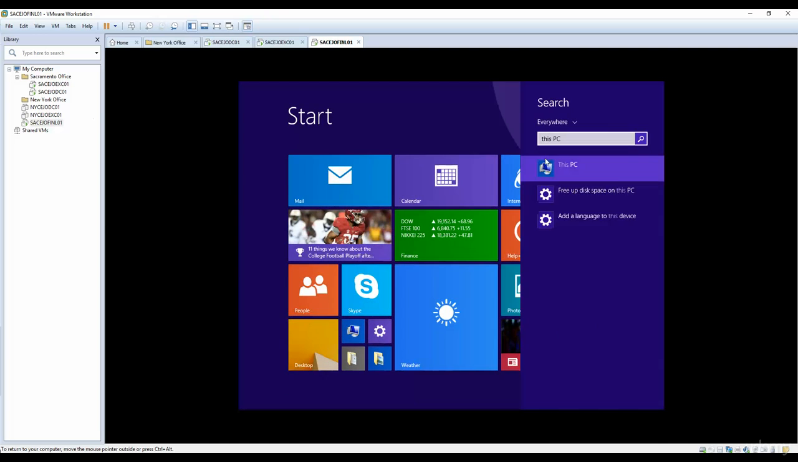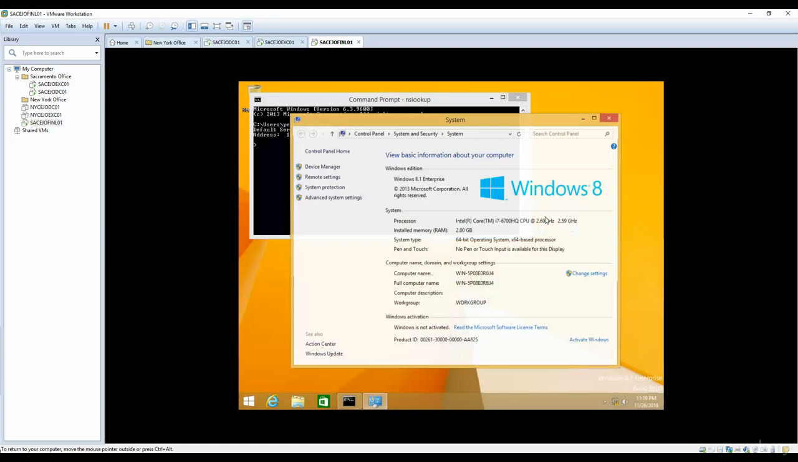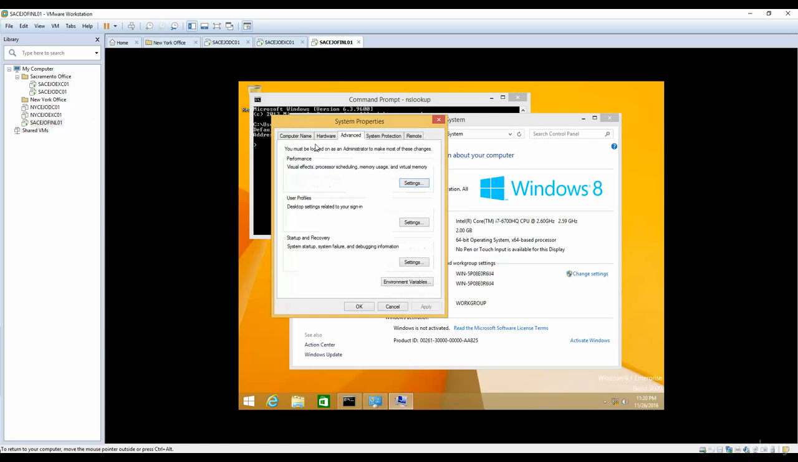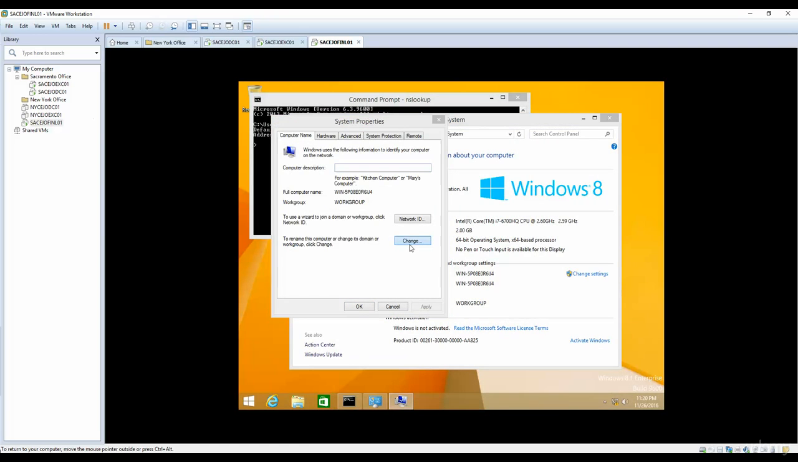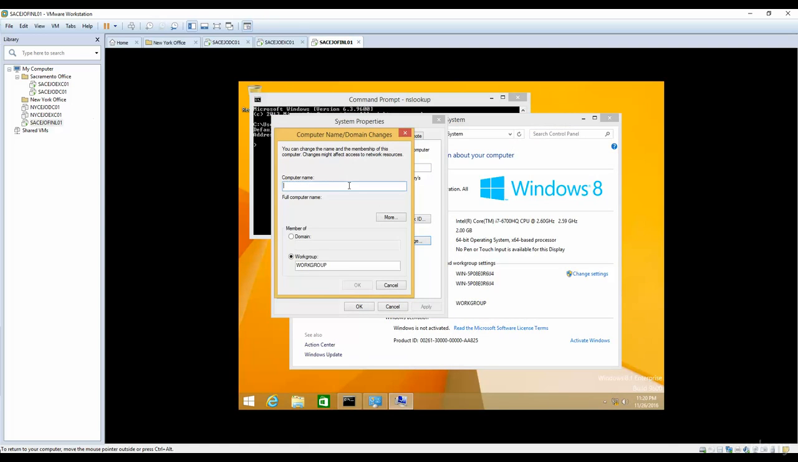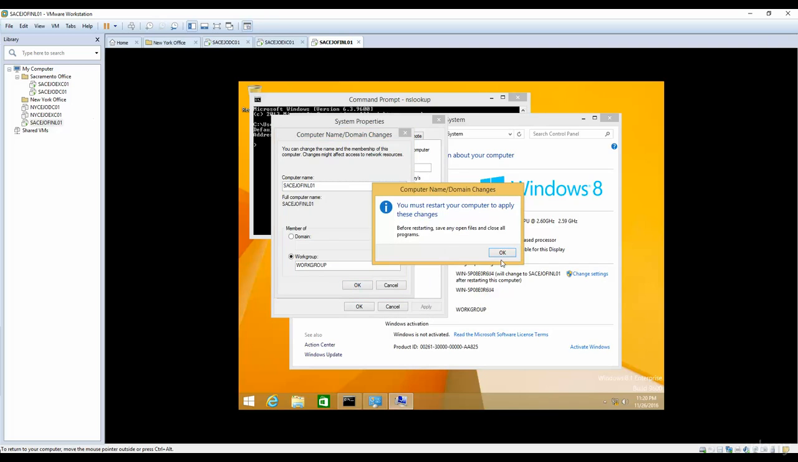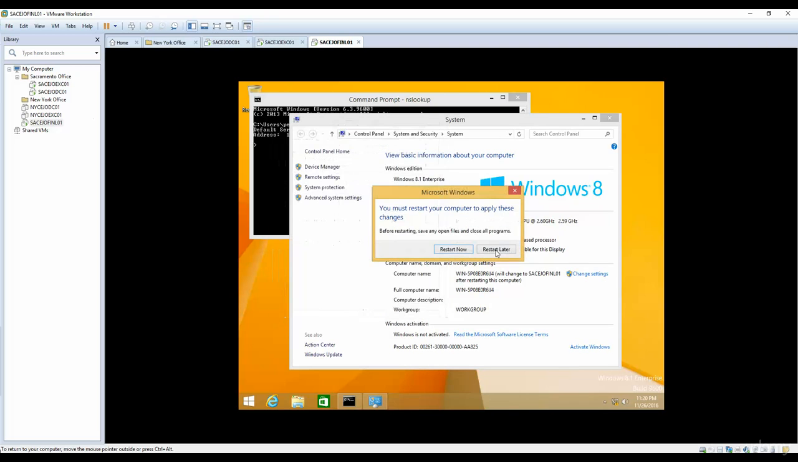So this PC, properties, then advanced system settings, computer name, and change the computer name in here. The computer name is going to be Sac Joe, and this is going to be for finance department, and this is a laptop and 01. So I'll press OK in here, and once we press OK, I should restart this computer, because if you remember